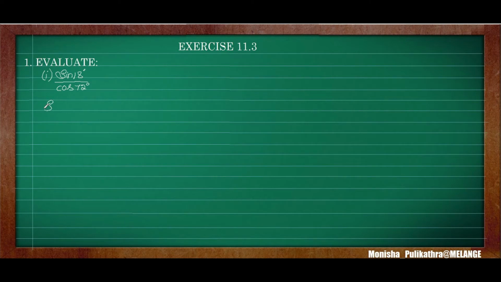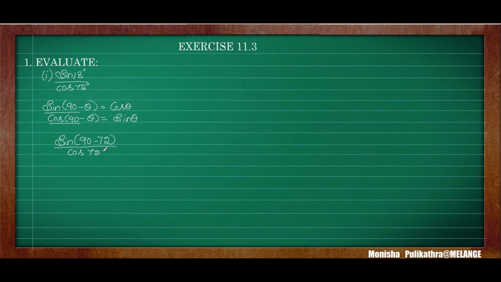Okay, so we know that sine 90 minus theta is equal to cos theta, and cos 90 minus theta is equal to sin theta. So this is complementary angles. So here one of these two we need to change into that complementary angle. So first one, sine, instead of 18 I will be writing it as 90 minus 72. So 90 minus 72 is 18. So instead of 18 I will be writing 90 minus 72 divided by